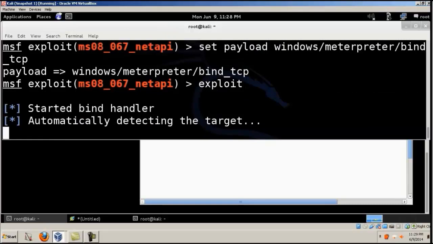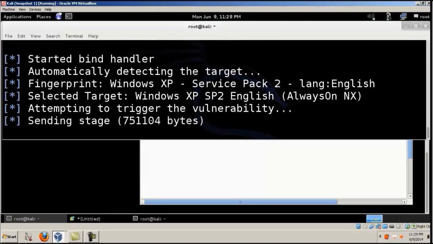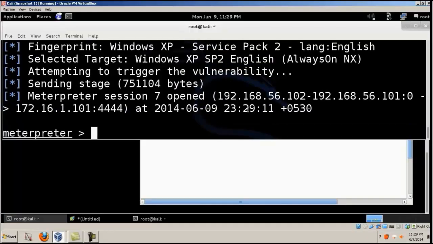So you can see it's starting, it's detecting the target, and it's attempting to trigger the vulnerability. So you can see Meterpreter session 7 has been opened,